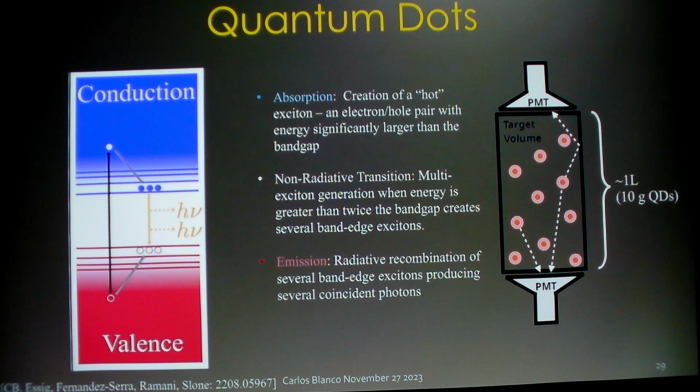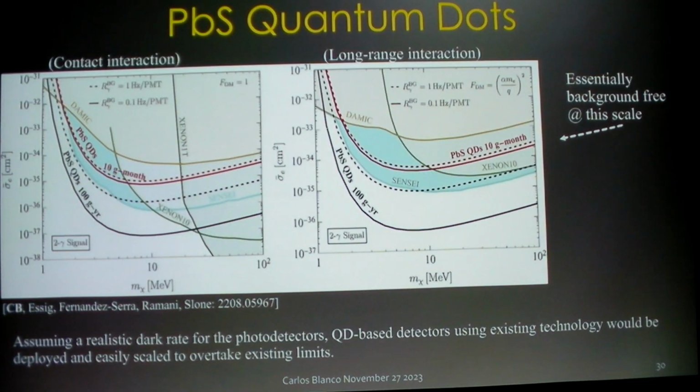What this means practically is you have these chromophores called quantum dots. You put them in a vat that looks like the same paint can, but instead of having one PMT, you have two PMTs. And instead of looking for single photon counts, you look for correlated double photon events. Thermal noise has a very, very hard time mimicking that, it turns out. And so you can reduce background very efficiently this way.